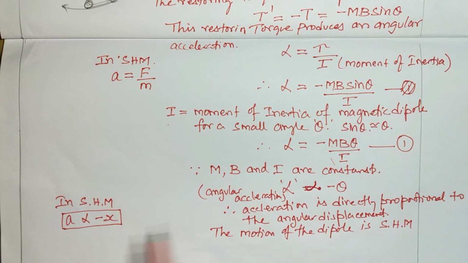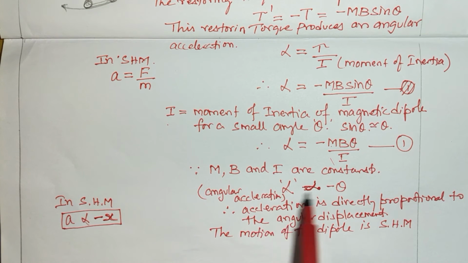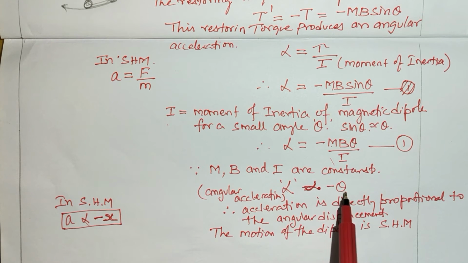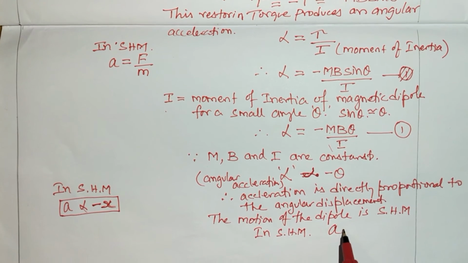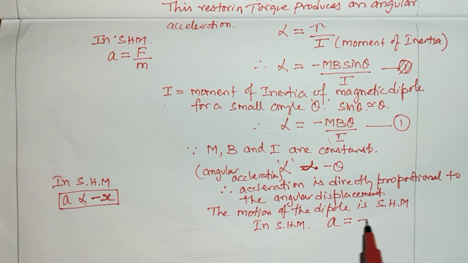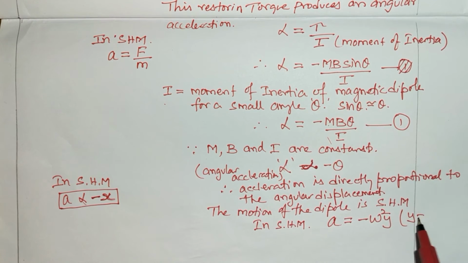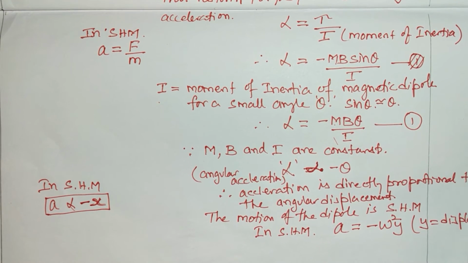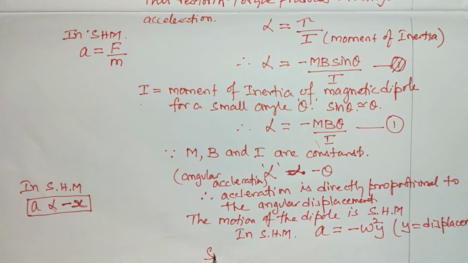Why have I written simple harmonic motion? Because in simple harmonic motion we have studied that acceleration is directly proportional to what? Displacement. Here angular acceleration is directly proportional to angular displacement. Therefore, in simple harmonic motion, we have derived one formula for acceleration. Acceleration is equal to minus omega square y, where y is the displacement. Similarly, here also